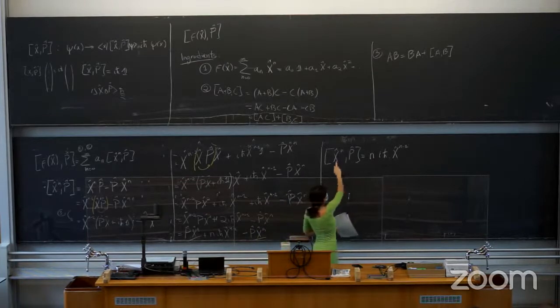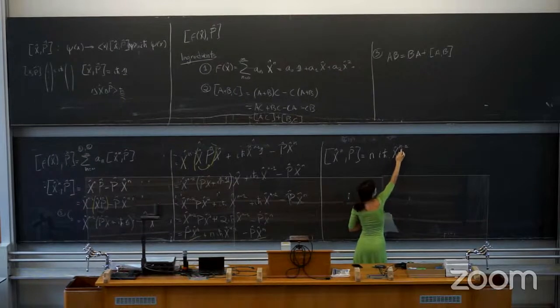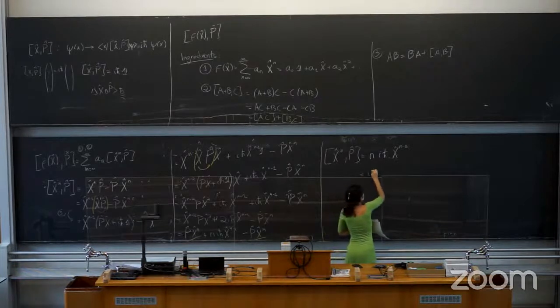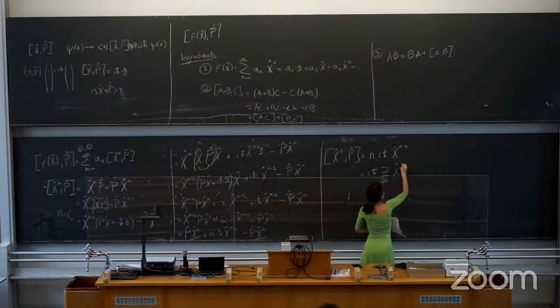All we did was get rid of one copy of x here, and we get an n here. And we can write this as i h bar d/dx of x^n, like that,